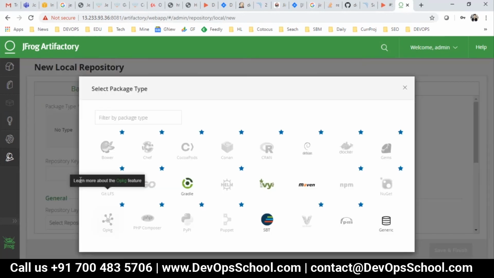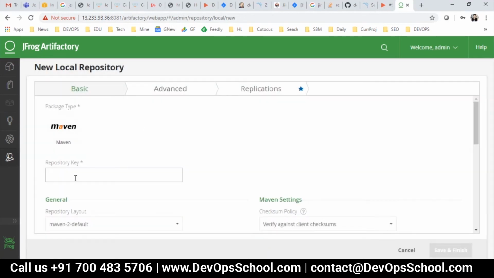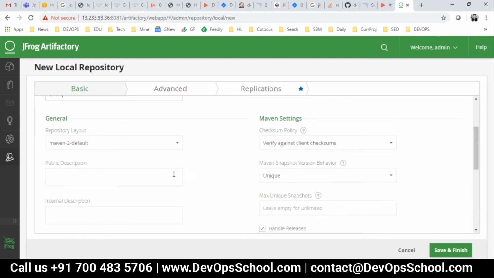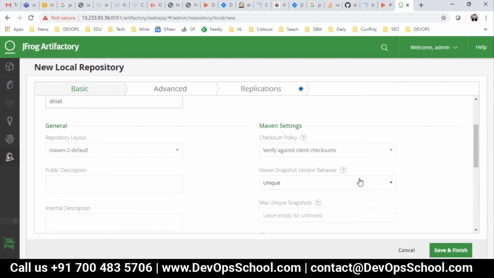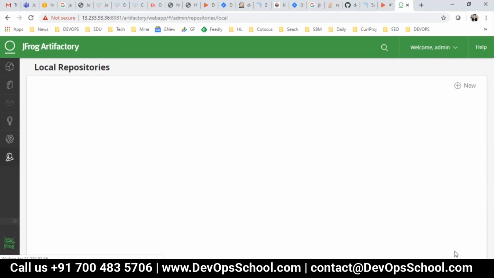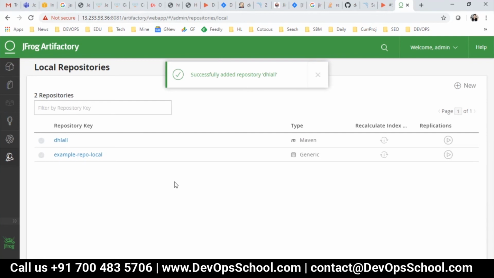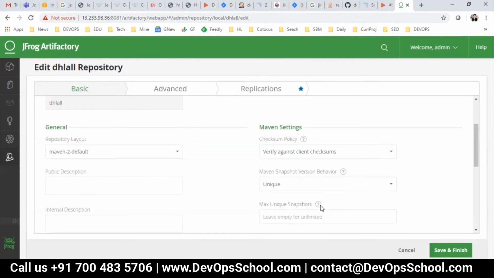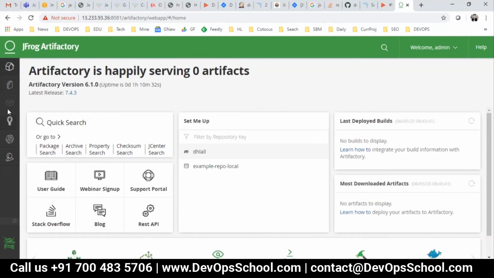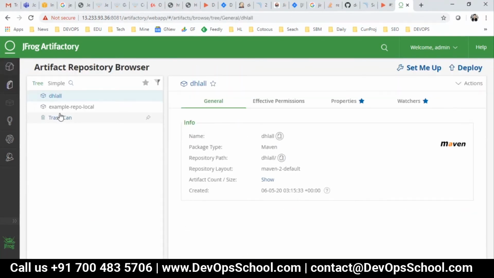Here Maven, you see the rest of the things are deactivated. Why? Because it's the free version. If you go for the pro version, you can have it. But right now I don't need anything else but Maven. And then here all DHL all. And here I just don't fill anything, don't confuse anything. That's all. So this is the DHL repository. I got it here. And the URL of the DHL repository is